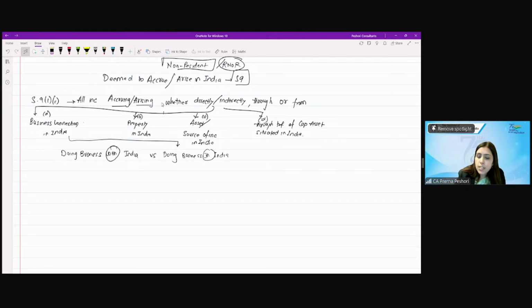Since business connection is not defined, the judiciary over the years has tried to interpret this term. In one of the very old and landmark cases, R.D. Agarwal, the Supreme Court held that business connection means that there has to be a substantial link between the activities